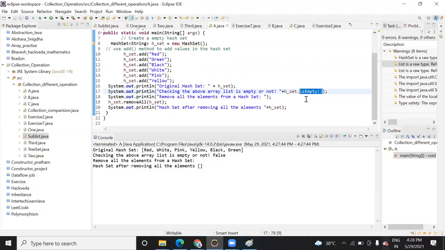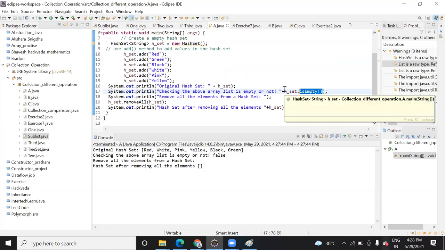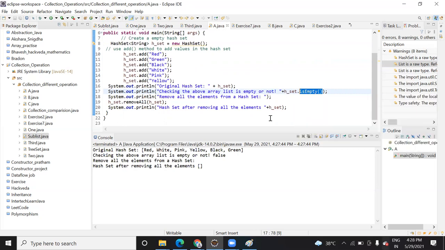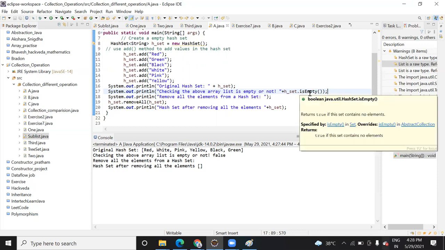These methods are important because you can use them with an if condition or while condition. Like, if this hash set is empty, then you don't need to follow any further step. If hash set is not empty, then we can perform addition of an element. Suppose there is a requirement where somebody asks you to check if the hash set is empty or if it has elements.